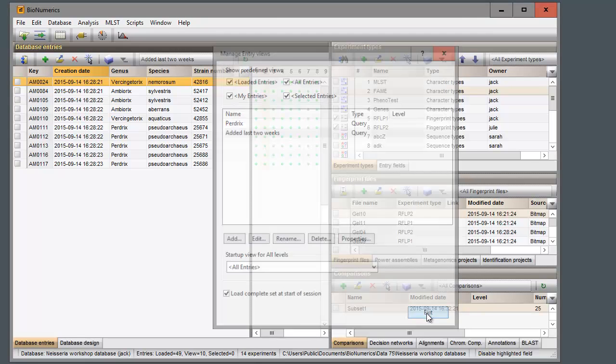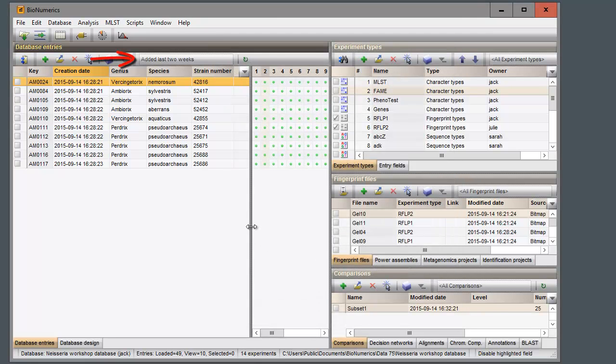The new view is added to the Database Entries panel and is automatically selected. All entries added to the database in the last 2 weeks are automatically included in the view.